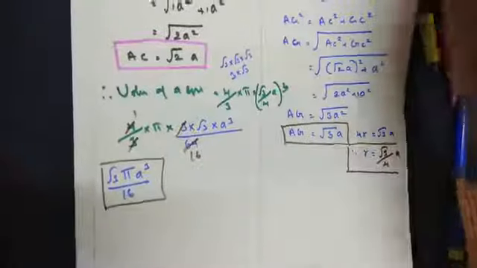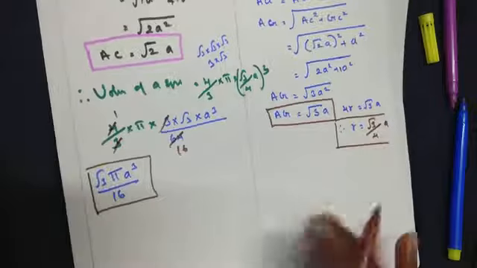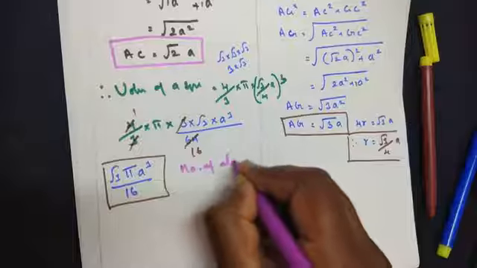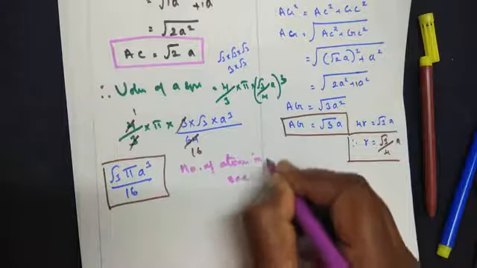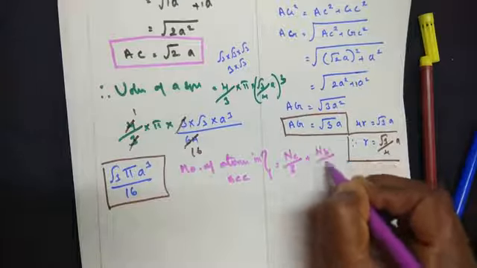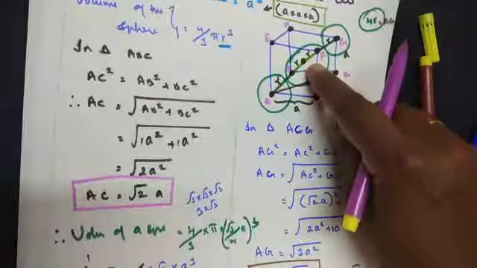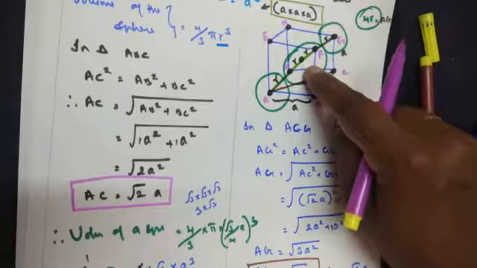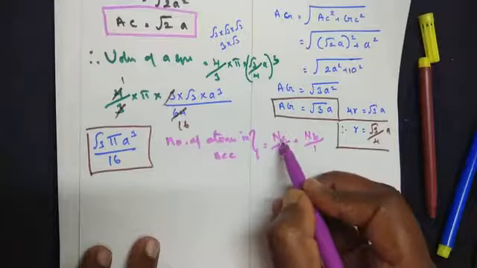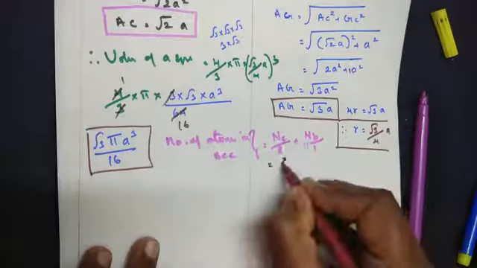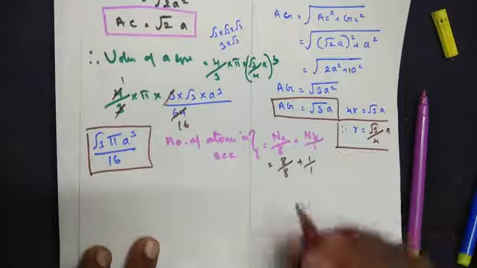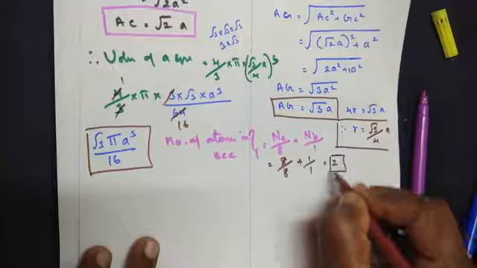Now when we say body centered, how many atoms are present in a body centered? We have learnt it already. So I am writing it here. Number of atoms in a BCC is equal to, if you remember, NC by 8 into NB by 1. When we say body centered, how many atoms will be there within the unit cell? Only one will be there, along with the atoms at the corners. So that's the formula we are writing here, NC by 8. So if I substitute the value, 8 by 8 into 1 by 1, because only one cell. If we simplify, the answer is coming up to 2.